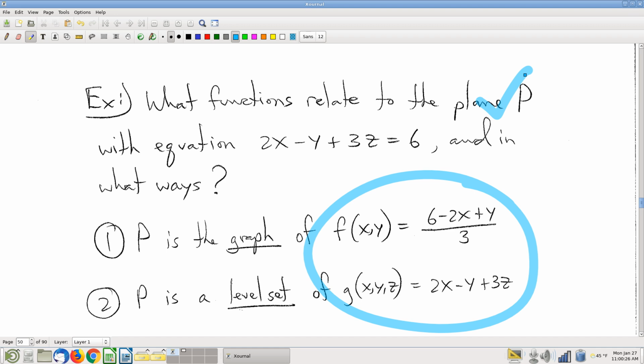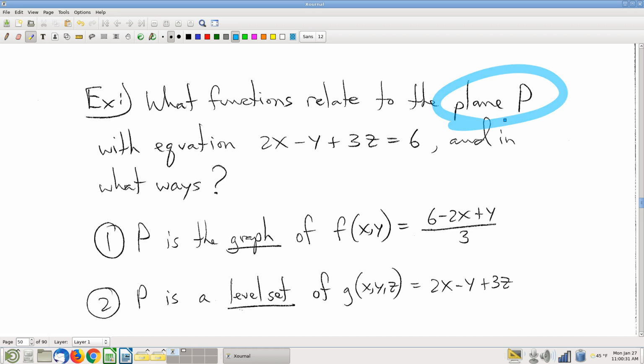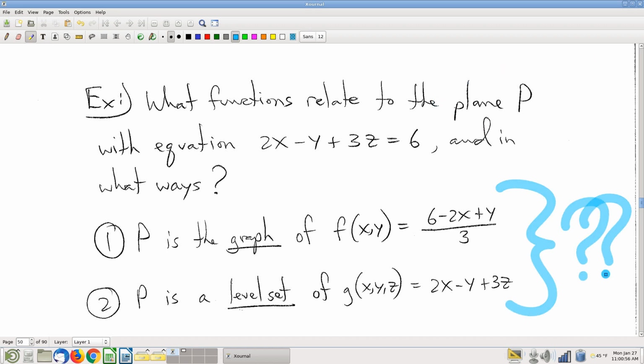We'll then try to understand something geometric about the plane using calculus. No surprise, we do that with, think about it in single variable calculus classes. You determine the slope of a tangent line to a curve by doing an algebraic construction called a derivative, right? And so you can determine geometric information about a geometric object by doing calculus on the corresponding function. Well, you'd better know which function you should be doing calculus on,